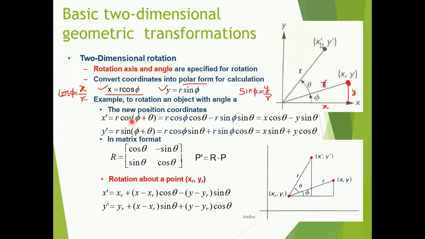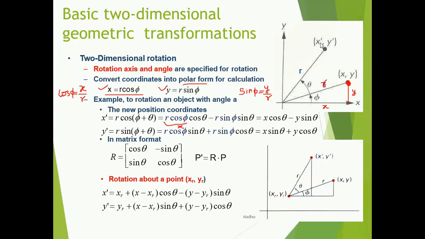So you know the equation for cos a plus b. You have learned it maybe in lower semesters. Cos a plus b is equal to cos a cos b minus sin a sin b. The same formula you can apply here for this particular equation. So let us write it as r cos phi into cos theta minus r sin phi into sin theta. Now if you see, what is r cos phi?